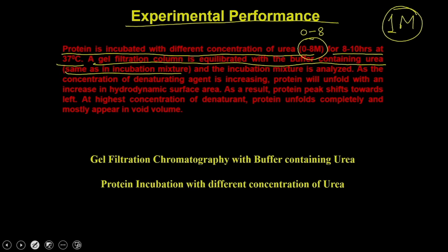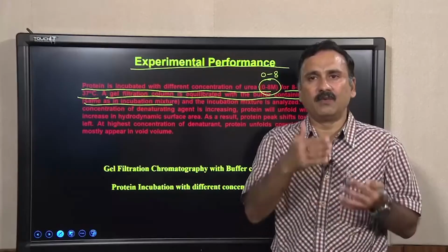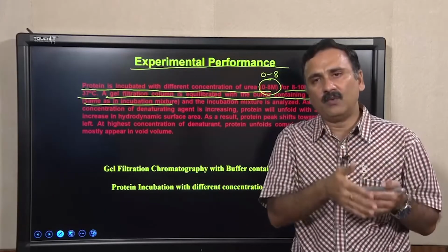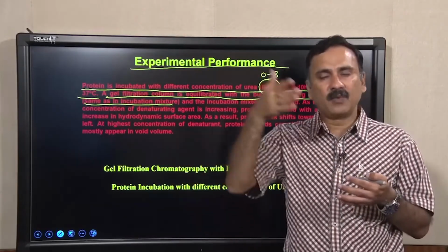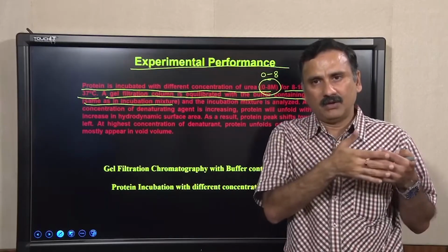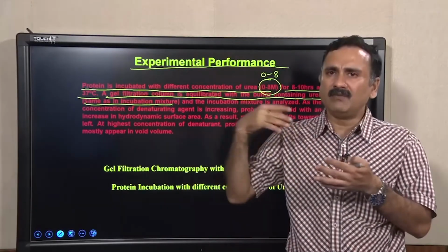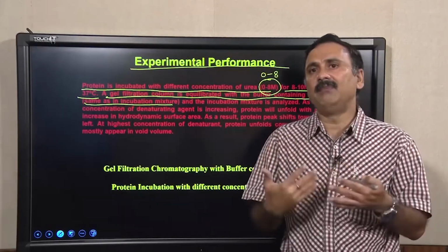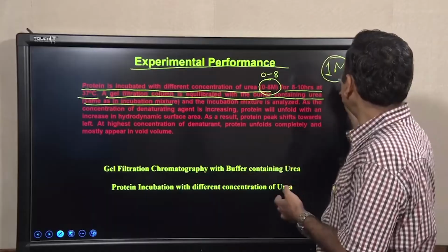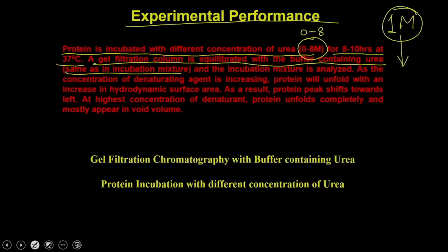that buffer also should contain 1 molar urea, so that while the protein is running through the column, it should not experience any kind of reversible folding, because you know that if you provide non-denaturing conditions, the protein will tend to fold. So, that is not going to give you the real picture. So, what you are supposed to do is use the same concentration of urea for equilibration of the buffer and for incubating the protein,